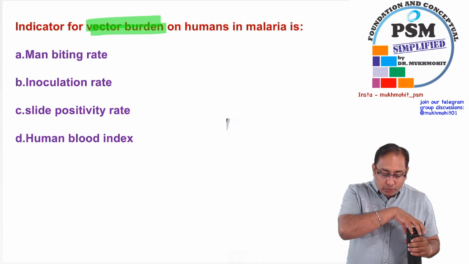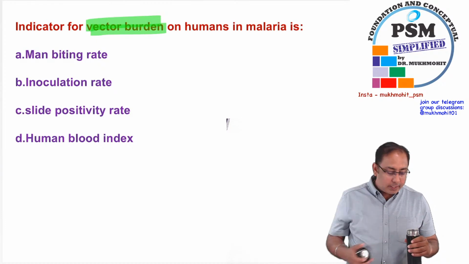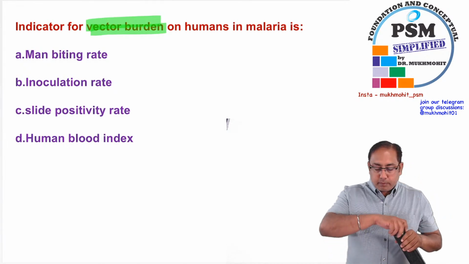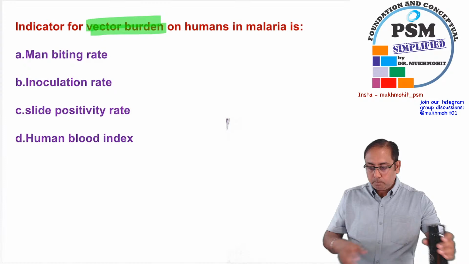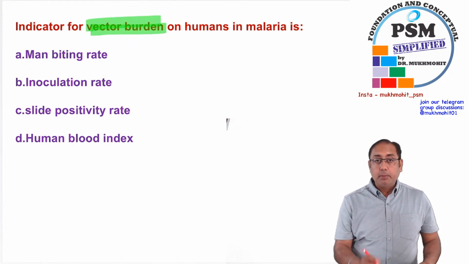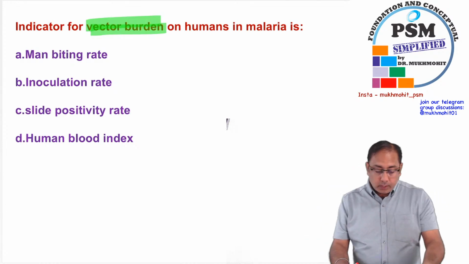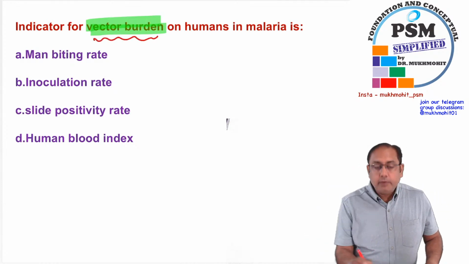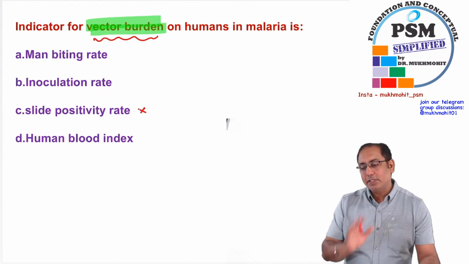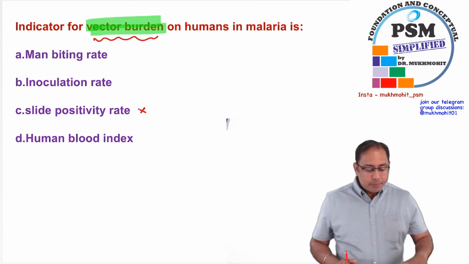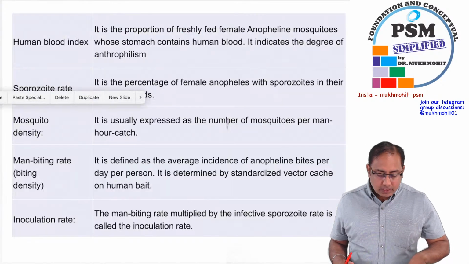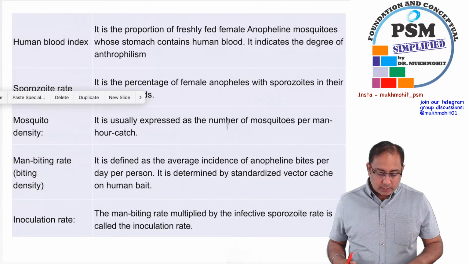Man biting rate, inoculation rate, slide positivity rate, and human blood index. Vector burden. So it's not talking about the burden of malaria. We are talking about the vector burden. How much is the vector burden? So vector burden indices, vector indices. Wrong answer, beta. Slide positivity rate is a wrong answer. It is not C. If you talk about the vector indices, beta,